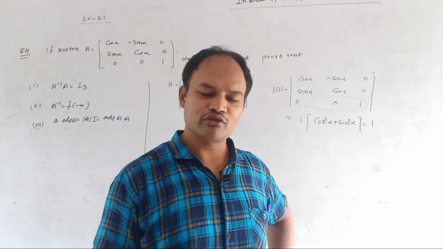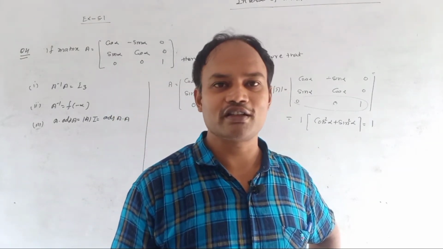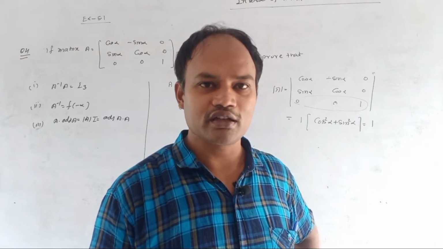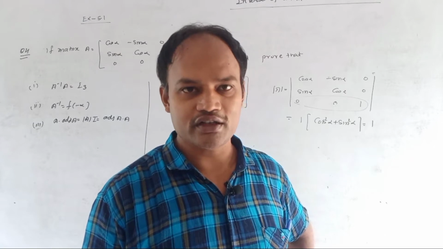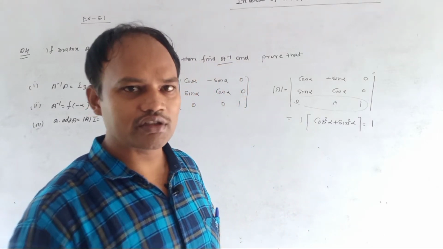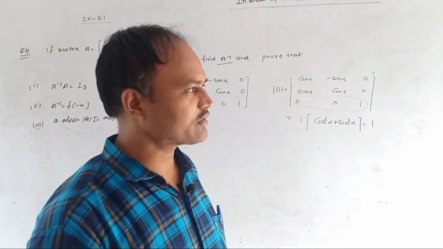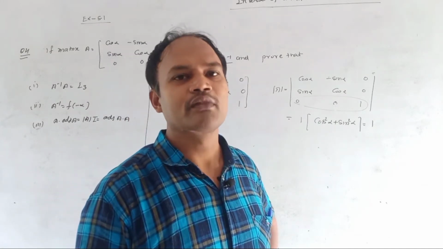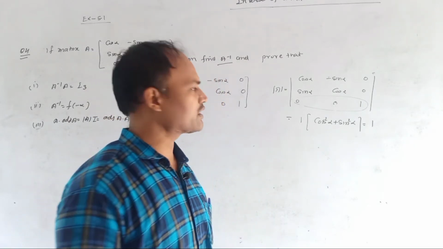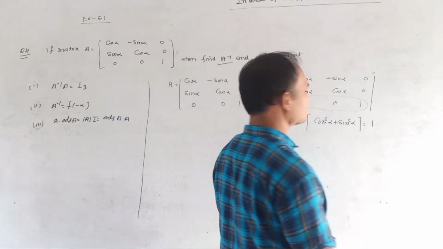What is the formula of sin square alpha plus cos square alpha? That is 1. And what is the formula of 1 plus tan square alpha? That is sec square alpha. And what is the formula of 1 plus cot square theta? Equal to cosec square theta. These are the three identities of trigonometry. I think you know them very well: sin square theta plus cos square theta equals 1, 1 plus tan square theta equals sec square theta, and 1 plus cot square theta equals cosec square theta. So we can say that it is 1. So the value of the determinant is 1.